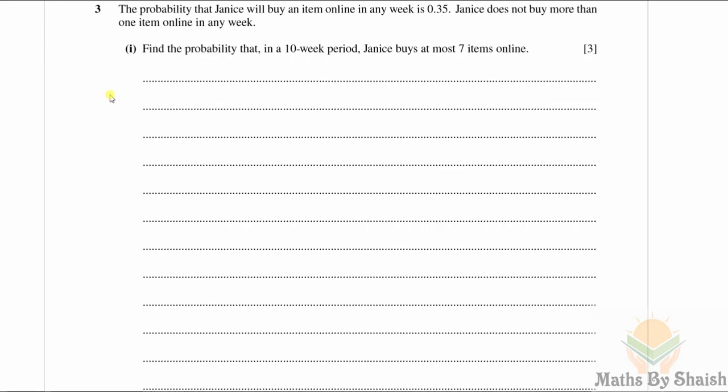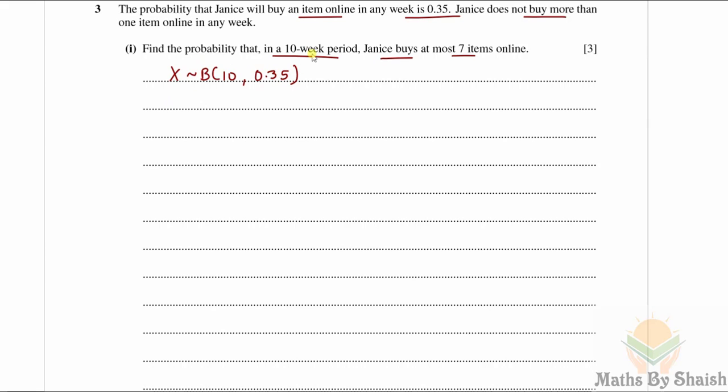Here's the third question. The probability that Janice will buy an item online in any week is 0.35, and Janice does not buy more than one item online in any week. Find the probability that in a 10-week period Janice buys at most 7 items online. So the total number of trials is given and the probability of success is given. If I take X as the number of items bought online, then it is binomial with parameter n is 10, and the success probability that Janice will buy an item online is